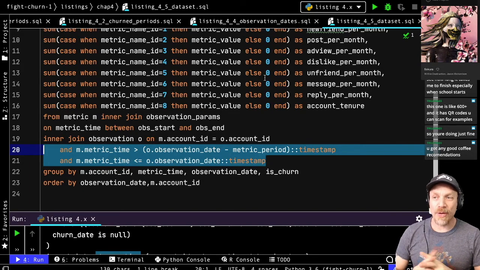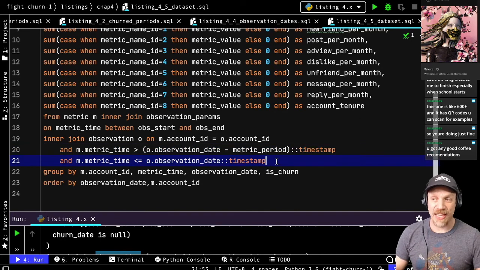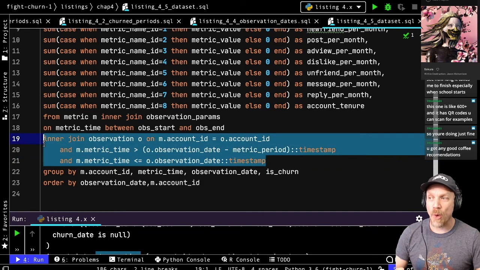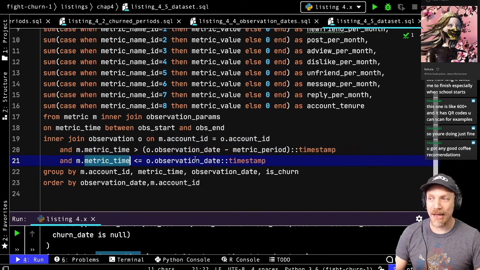So then we also need to select the metric observation that is preceding the observation date, but within 1 week before it. So it's saying metric time less than or equal to the observation date, and metric time greater than the observation date minus 1 week, which is that period.